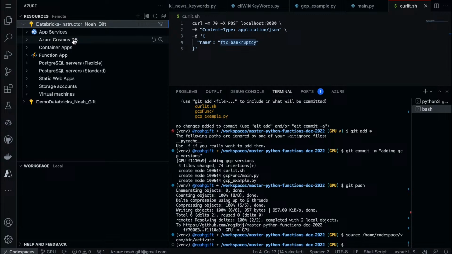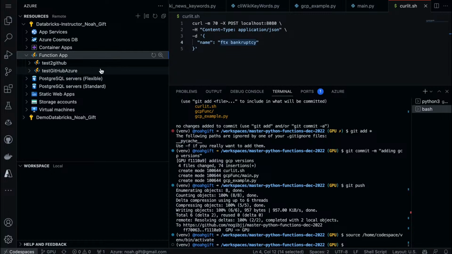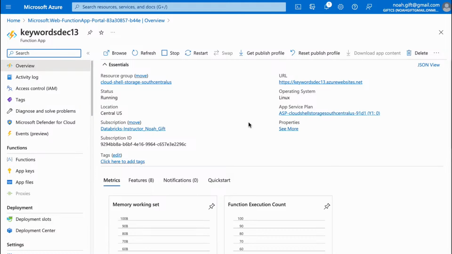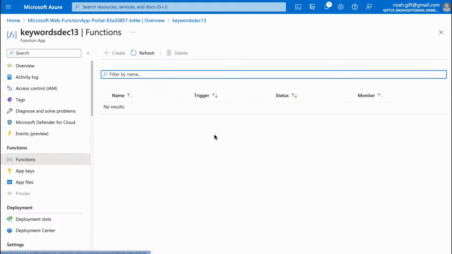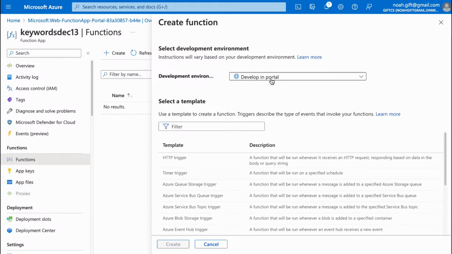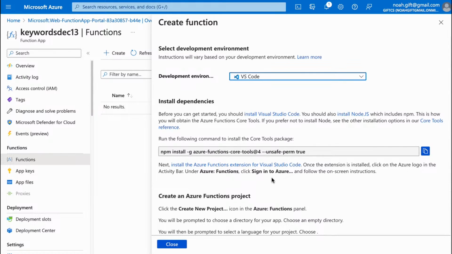Now I can go to this environment and I can find my function app, and once it's done, okay, go to resource. I believe we just go to functions now, and you say create, and we can say where we want to develop. We want to develop in VS Code.